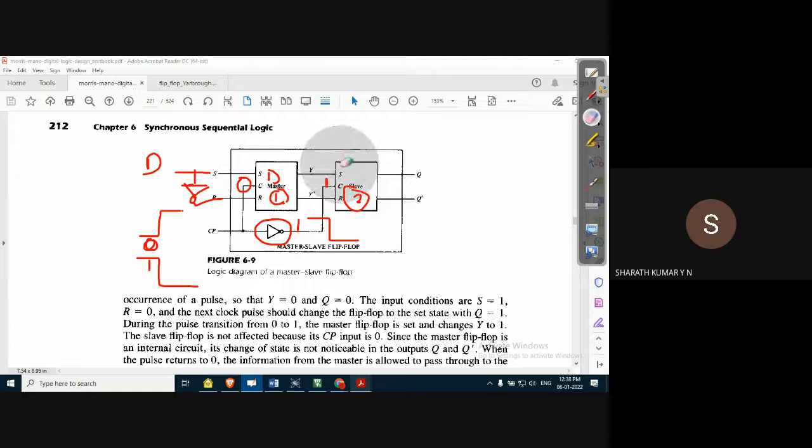Let's observe the C input. If it is a bubble, something like this, that means it will trigger on negative edge. Negative edge means when it goes from high to low. The flip flop will trigger on negative edge when it goes from high to low if there is a bubble. If no bubble, that means it will trigger on a positive pulse when it goes from low to high. There is a difference between the bubble and the absence of bubble. In this case there is absence of bubble, so it's a positive pulse triggering the flip flops.